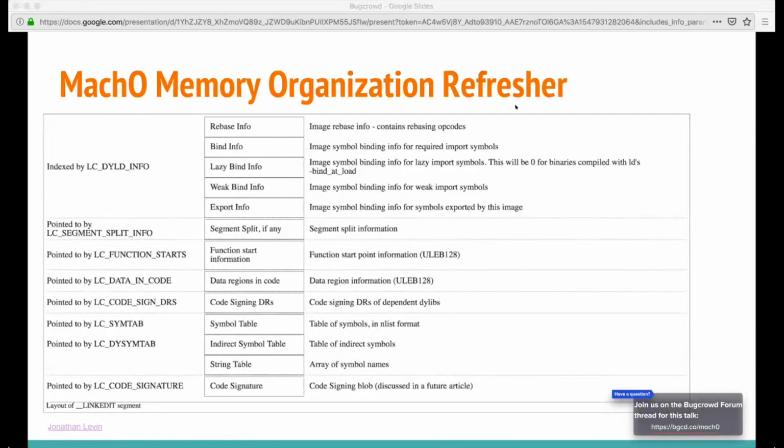Most of the load commands here don't actually map a piece of memory into code from the kernel, or the kernel doesn't use them to map code into the process. This is just the metadata I was describing before. Besides the LC_CODE_SIGNATURE, there's also LC_DATA_IN_CODE and LC_FUNCTION_STARTS, and these are really, really important. If anyone's written a disassembler, a recursive descent disassembler, you would know how important LC_DATA_IN_CODE is. Basically, it just